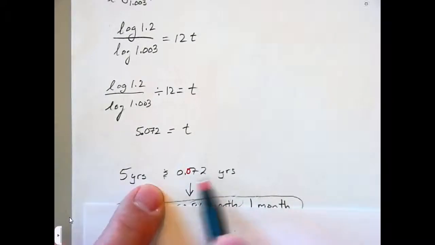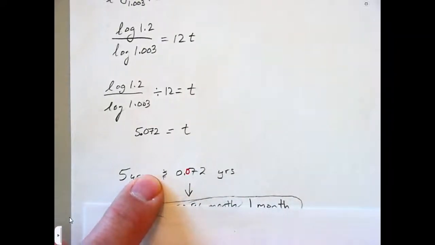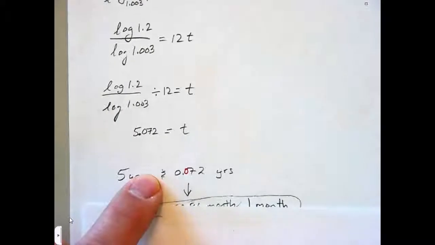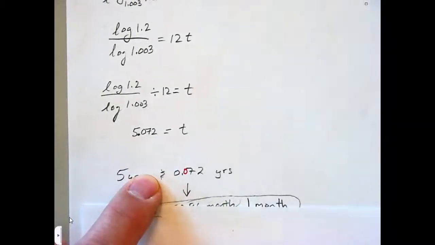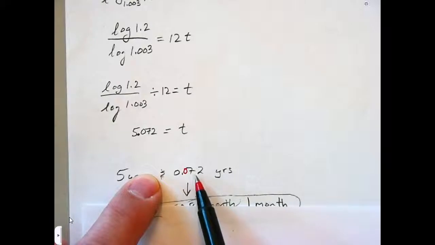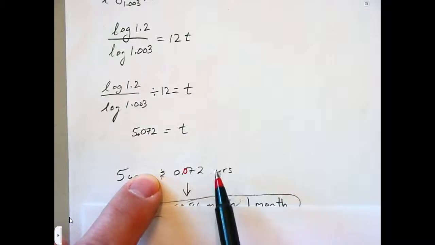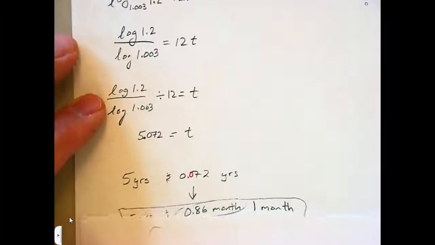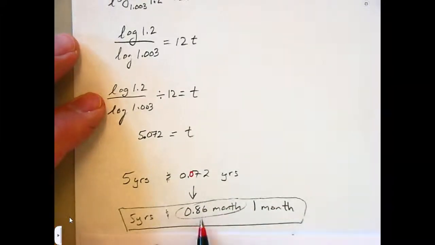Well, how do I figure out how much 72 thousandths of a year is? It depends what we're converting to. So are we dealing in quarterly, annually, monthly? Yeah, we're dealing with monthly, right? If it was daily, I would have to multiply that by 365. If it was quarterly, I'd multiply it by 4. If it was monthly, which it is, I multiply it by 12. And when I multiply by 12, I get 86 hundredths of a month. So even if I would have kept going decimal-wise, I still would have been right around here. 86 hundredths of a month is